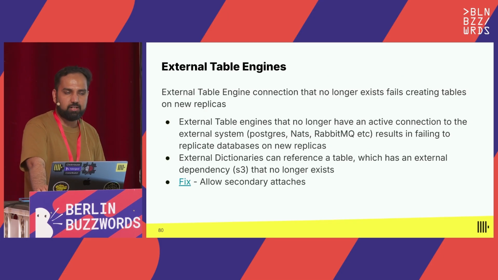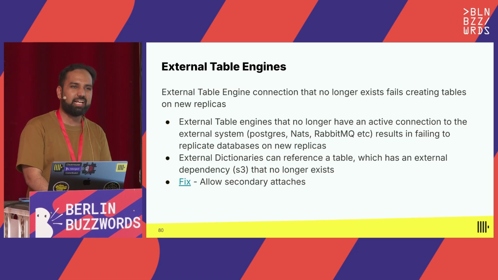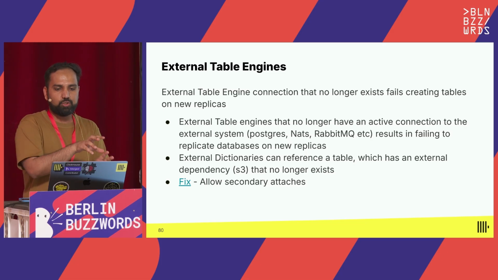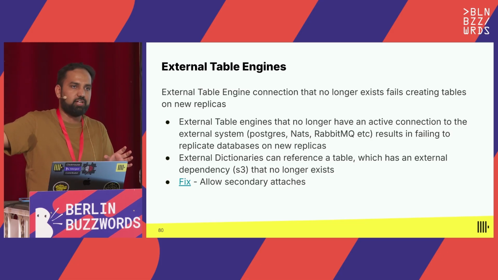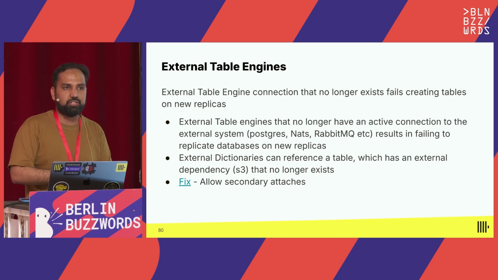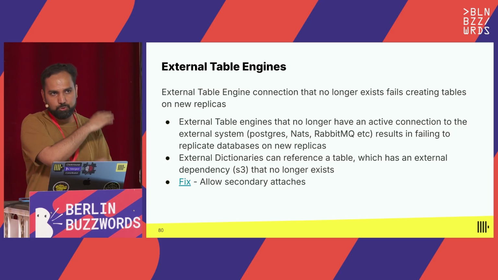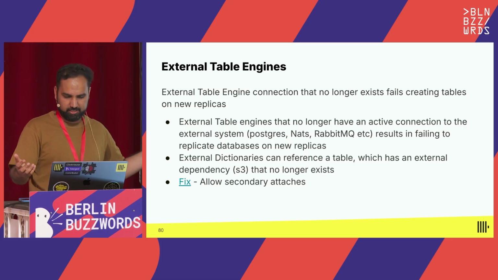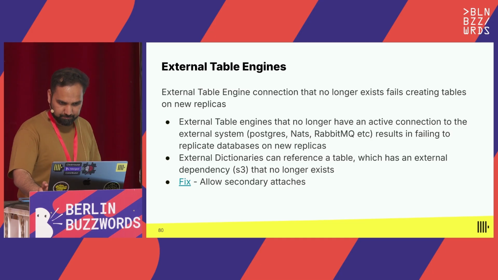Some more interesting things as part of making the database elastic. ClickHouse has what you call external database engines. So you can create a database or a table with a source which is actually pointing to a Postgres or a MySQL or a Delta Lake, whatever. The problem is a lot of these third-party systems can end up becoming deactivated. Customers have forgotten about them. The database is no longer around. But then when you do these scaling operations, suddenly these new replicas, when they try to connect, they fail, and then they get into these weird states. So we ended up fixing some of these issues inside the core database.